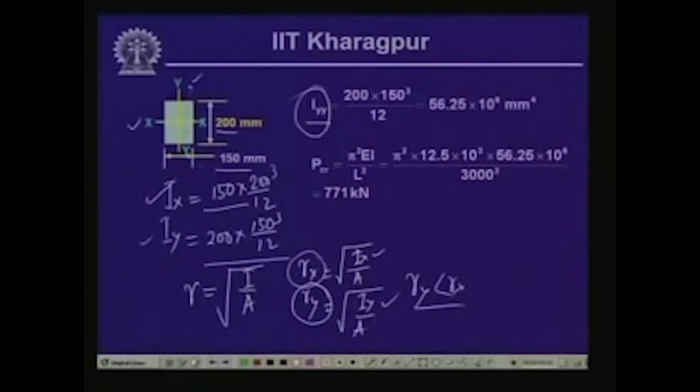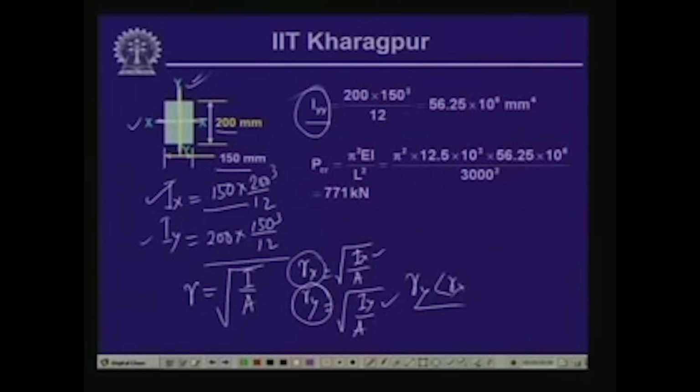And as I had shown you last time, if you take a member and apply a compressive load, if the member is a slender one, a long one, then it buckles about one of the axes. Obviously it is going to buckle about the axis which is weaker, if the two axes do not have the same strength, or in other words the same moment of inertia about both axes, or the section is not a square one as we are dealing with in this particular case. Since it is a rectangular one, the moment of inertia is less in comparison to the other one. So, it is weaker about the y axis in comparison to the x axis,